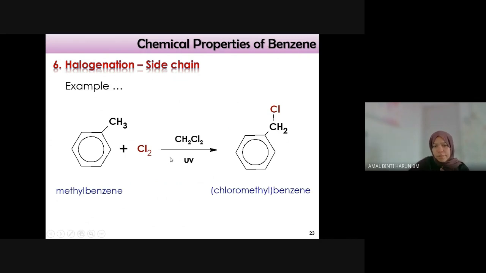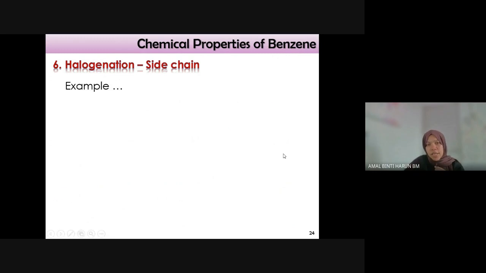So the chlorine, UV will break the chlorine homolytically and it will form chlorine free radical, and then chlorine free radical substitute one of the hydrogen at the alkyl, not the benzene. Nothing's happened at the benzene ring, so it will remain the same benzene. One hydrogen is substituted by the Cl radical. So it will form chloromethyl benzene. Itu saja yang kita belajar dalam